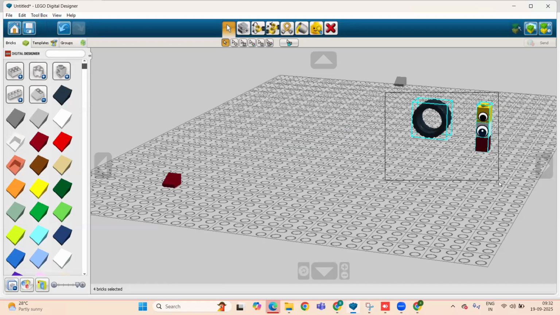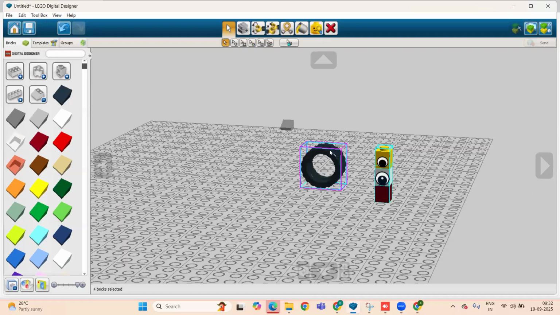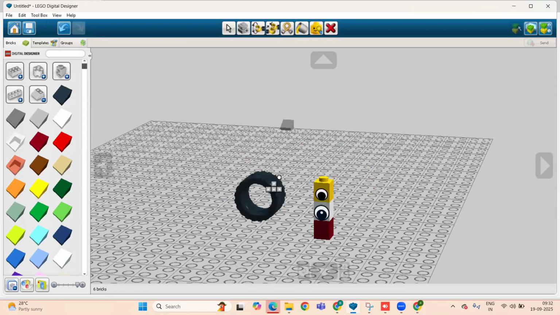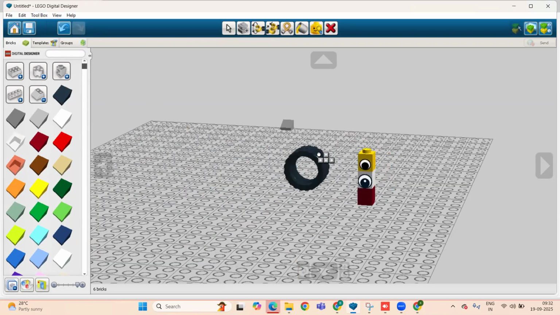All are selected together. You can see the highlighted line also, and then you can drag them anywhere. In this way we can prepare designs.